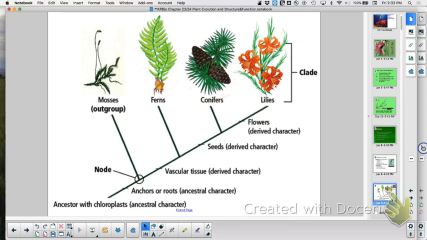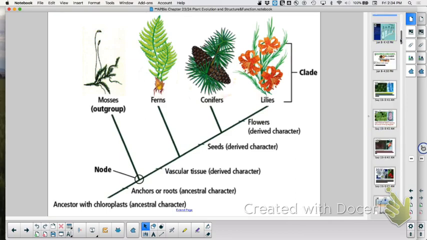Ferns are great, but what are they missing? Seeds. That's why they're called seedless vascular plants. From here on up, you have seeds. Conifers are gymnosperms, so they do have a seed, but it's a naked seed. It's not protected by any diploid tissue, but you do have that with flowering plants. And remember, we break flowering plants into two groups: eudicots and monocots. Perfect.